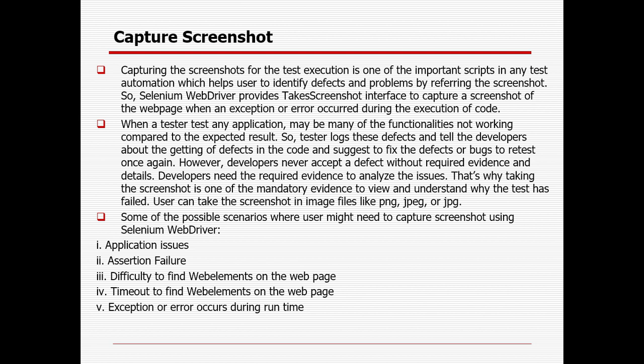In case you are not capturing the screenshot and you are passing it, sometimes your leads or your test manager can ask for the evidence, or in case you are logging a defect without any evidence or screenshot, the developer will not agree to accept the defect, right? So that is the reason. It does not matter whether it's automation execution or functional execution. From the testing side we should always keep the screenshot reference for our safeguard, as well as in case you are executing test cases in test management tools, it can be Jira, ALM or Microsoft Azure, you should attach your screenshot whenever you are executing any test case.